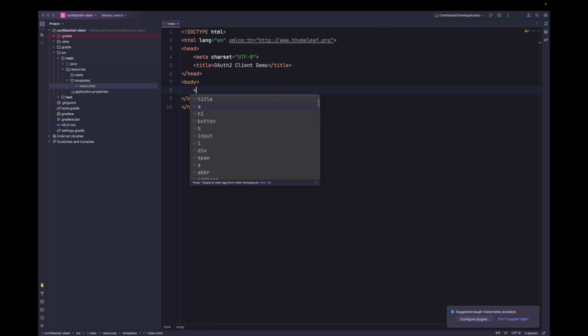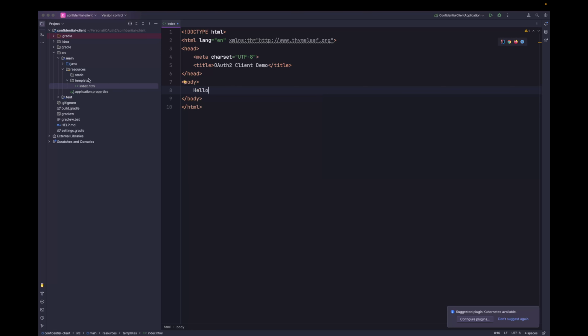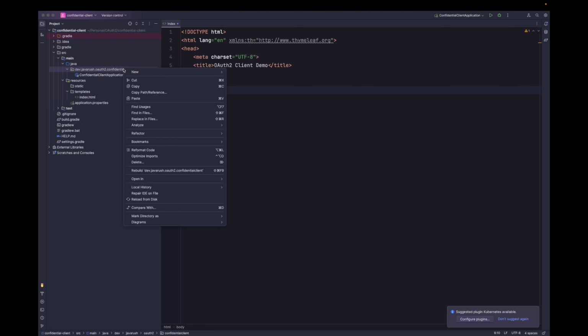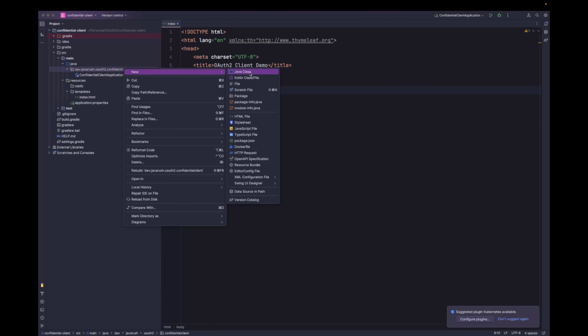Now it will give us auto completion whenever we try to use Thymeleaf tags. So for example, if I say th, then you can see we are getting auto completion. For now, let's just print hello